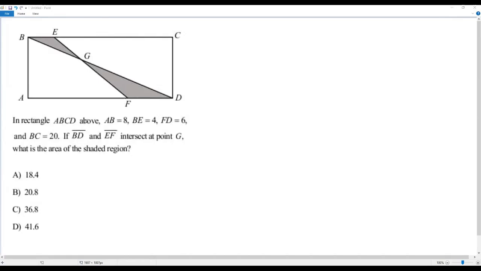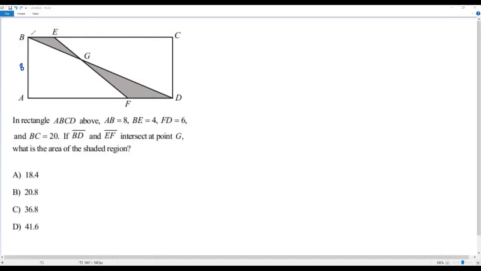Here we have a SAT math problem. Okay, let's go to the question. In rectangle ABCD above, AB equals 8, BE equals 4, FD equals 6, and BC equals 20. If line segment BD and line segment EF intersect at point G, what is the area of the shaded region? Okay, in the given figure, we have the length for this line segment AB, that is 8, and also